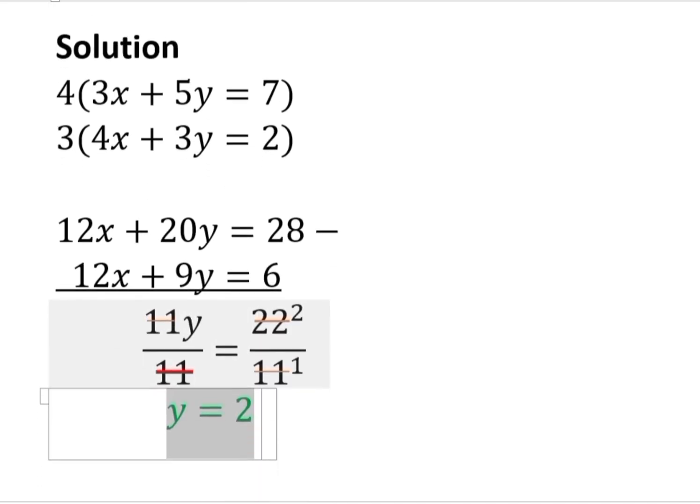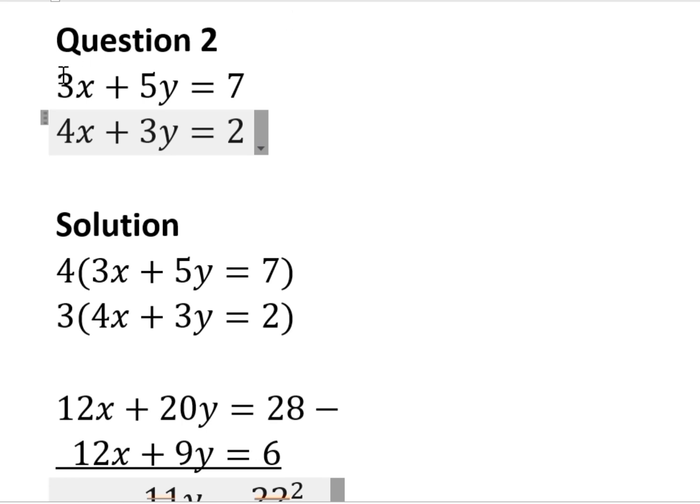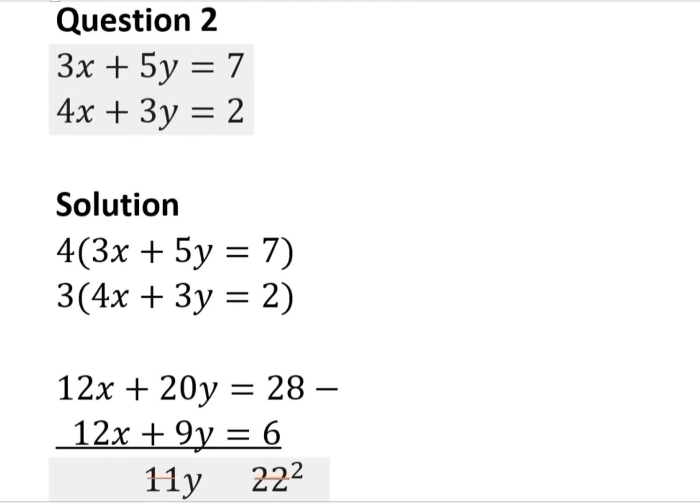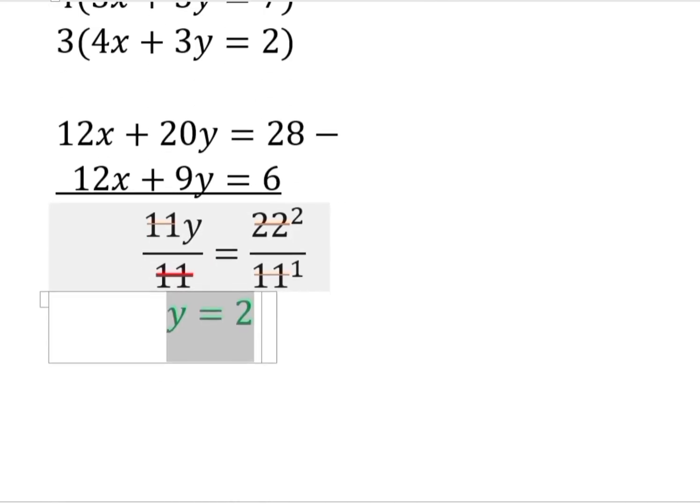Now having gotten the value of y, take this simultaneous equation, or this one, or even this one, or even this. Where you see y, replace it with the 2. That will help you get x. So if we take the first one, which says 3x plus 5y is equal to 7,